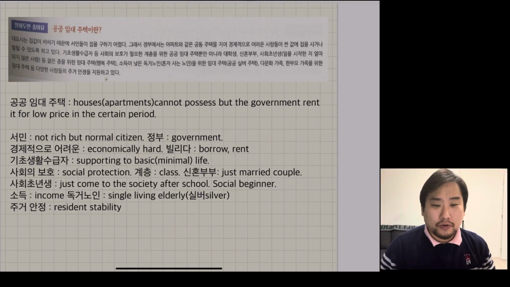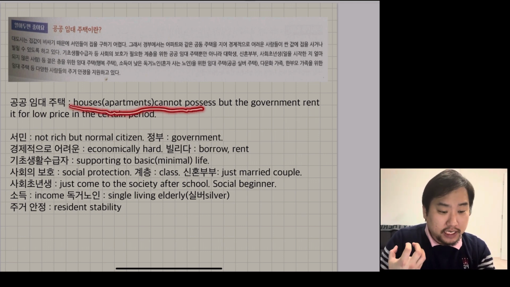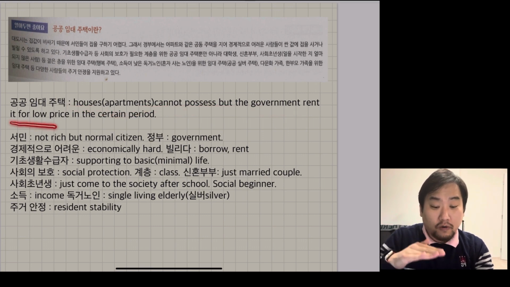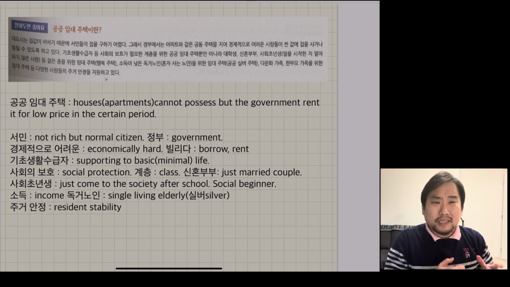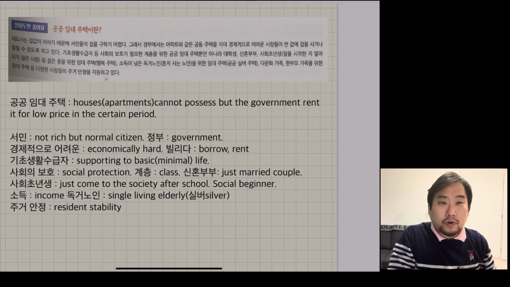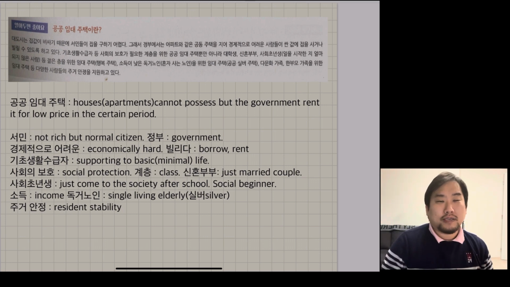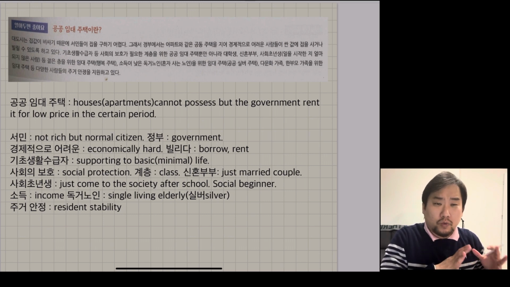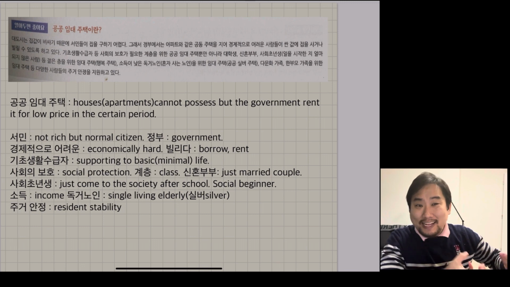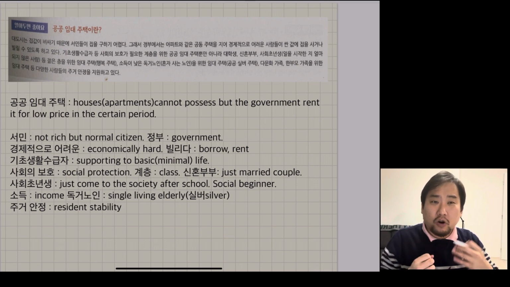So here, the good to know section is 공공임대주택. It is a house, usually an apartment, that cannot be possessed by one person, but the government lends it for a low price for a certain period. Because nowadays the apartment has become the value of one's money, the apartment or the house's price is super high. So for example, a company man cannot buy his or her house based on one's salary, so the government lends it for a lower price for a certain period, but there should be no possession of the apartment. That is